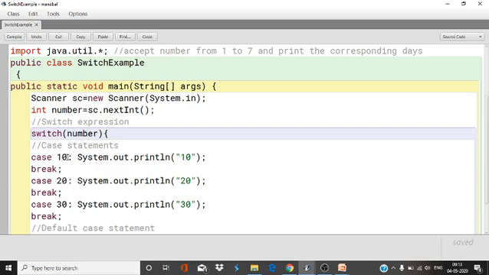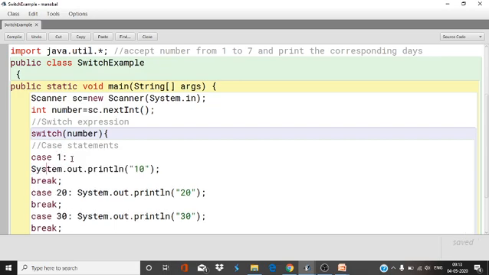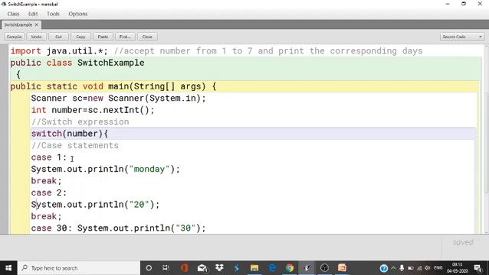So number, what will it be? Either it will be 1. If it is 1, the program will print Monday. If it is 2, it will print Tuesday.